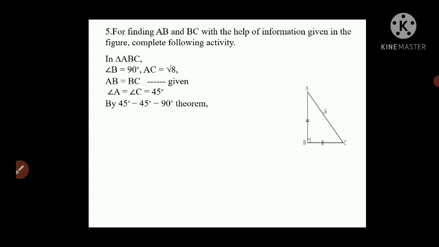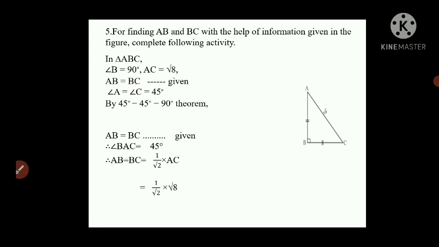So we'll start filling the activity. Now see, AB is equal to BC, which is given, and angle BAC, means angle A, is 45. We found that out now. Then see, AB and BC, they both are equal and they are the sides. AB equal to BC will be dash into AC. Dash means here, if a triangle is 45 degree, 45 degree, 90 degree, then whichever side is opposite to 45 degree, here BC and AB are the sides which are opposite to 45, they will be 1 upon root 2 into hypotenuse.